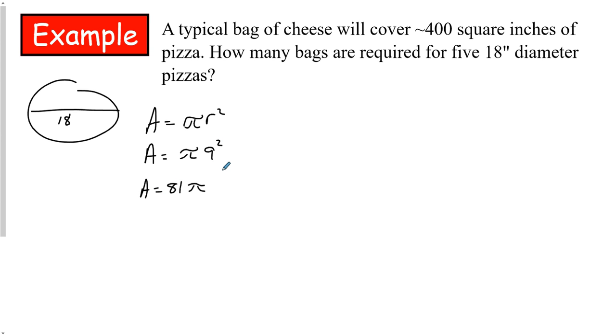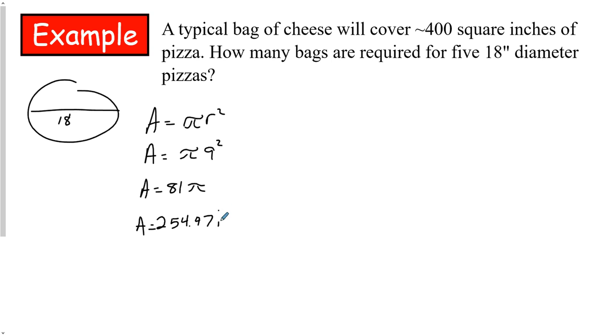Normally, when we're talking about circles, that would be fine. But since we're trying to take this a couple steps further, we're going to need the decimal approximation. If you're typing this into a calculator, 3.14159 will be more than plenty. 3.14 is about as rough as you'd ever want to get. If you have a calculator, especially a scientific calculator, there's going to be a pi button on there somewhere. You just need to find it. So take a look at your calculator, look for the pi button, type in 81 pi. The area is going to be